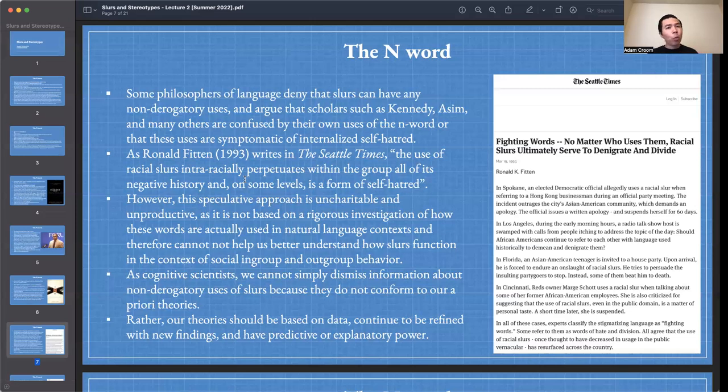So starting at a neutral position where we're just trying to learn how slurs are used, imagine we're coming from a different planet and we're trying to figure out how these words are used by humans. From that approach, we're just gathering data, and we see that the N-word has a negative usage by these speakers in these contexts, but it has a different meaning and understood usage by other members in other contexts, okay? This will help us develop a more nuanced, informative account.